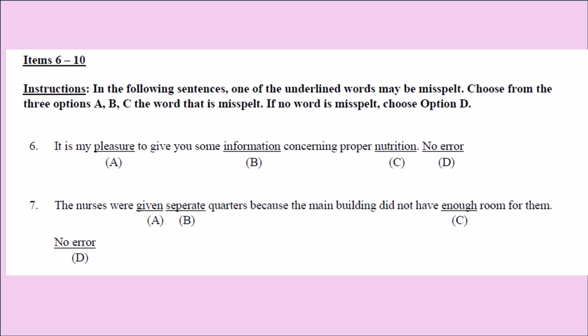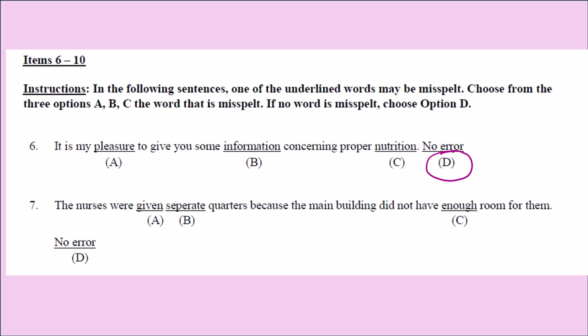In the following sentences, one of the underlined words may be misspelled. Choose from the 3 options A, B, or C the word that is misspelled. If no word is misspelled, choose option D. Number 6. I'm not going to read through the sentences. I'm just going to say the words that are underlined. In number 6, we have pleasure, information, and nutrition, and all 3 words are correctly spelled, so the answer there